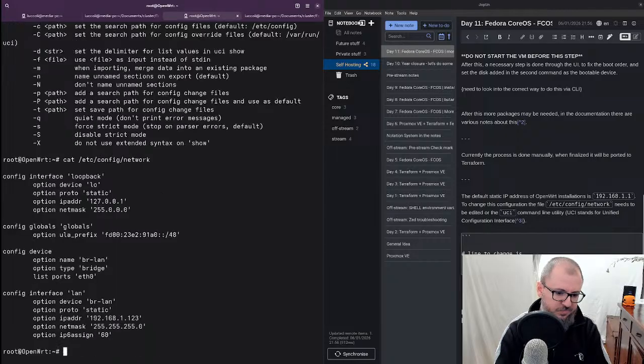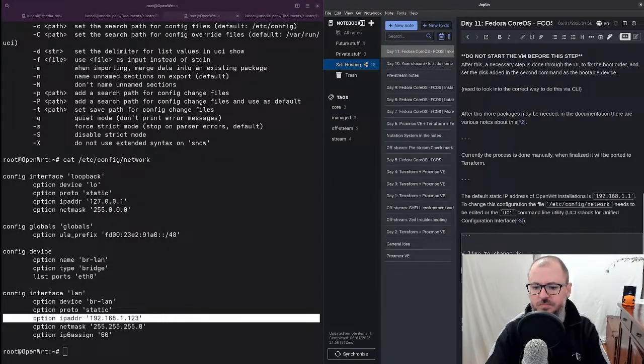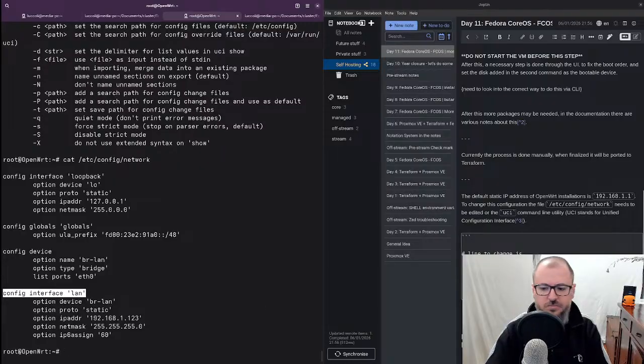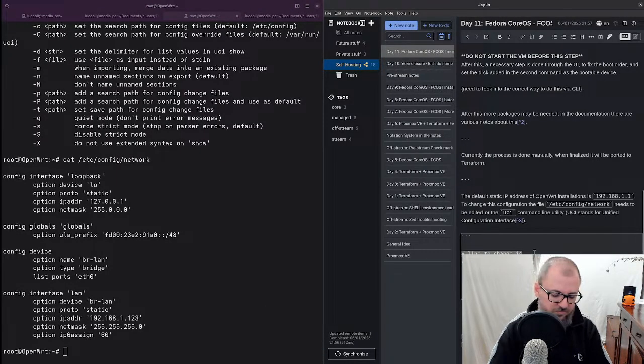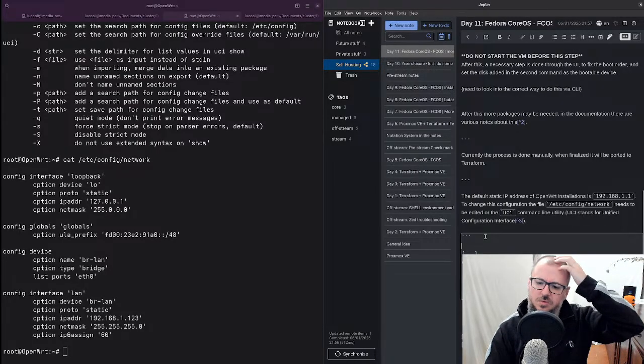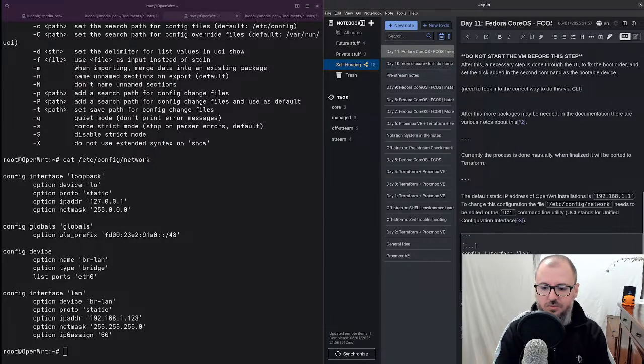Config, network and option. Good. So I think that's good enough. Or with the command